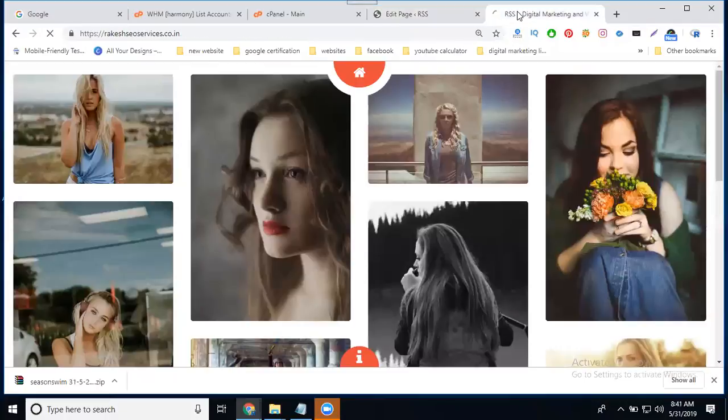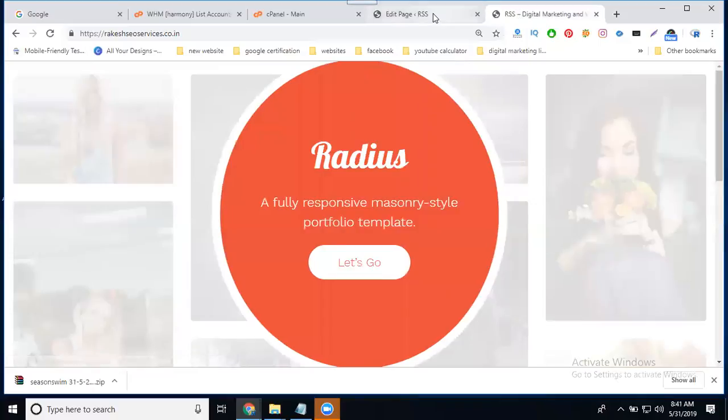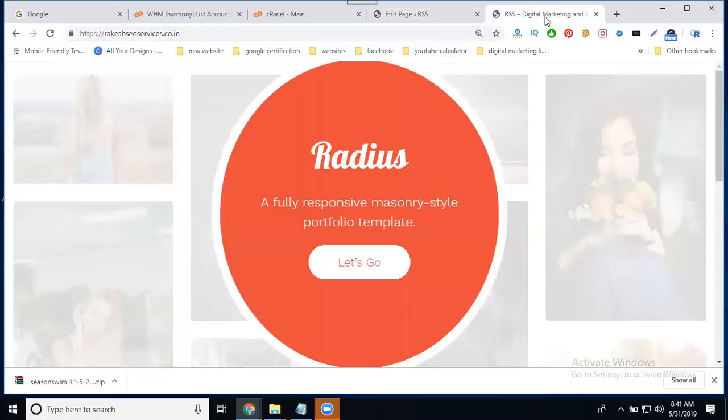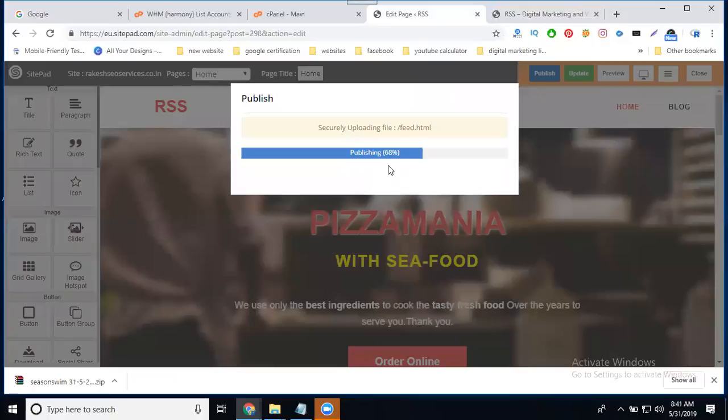Now press Control F5. When it finishes at 100%, the site will be changed. Still waiting here. No, still not updating. It's at 68%,